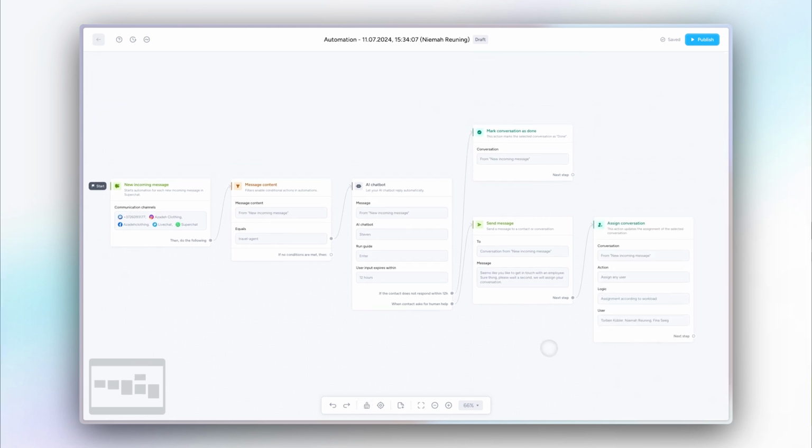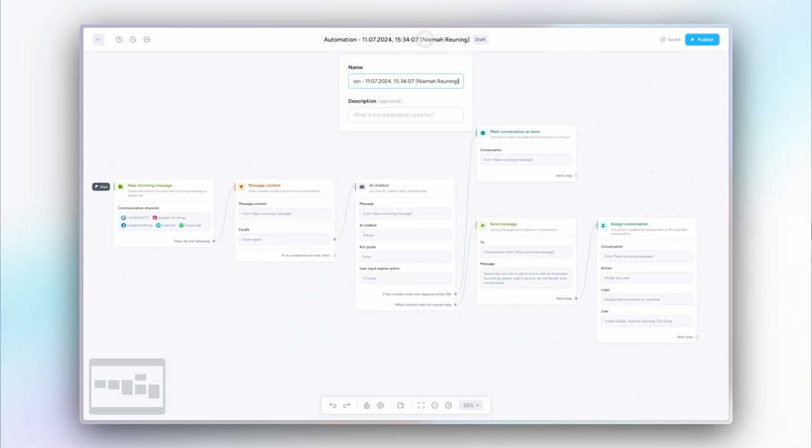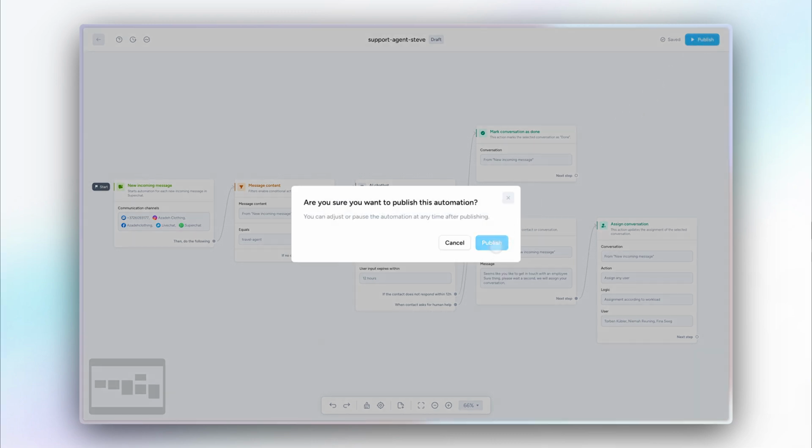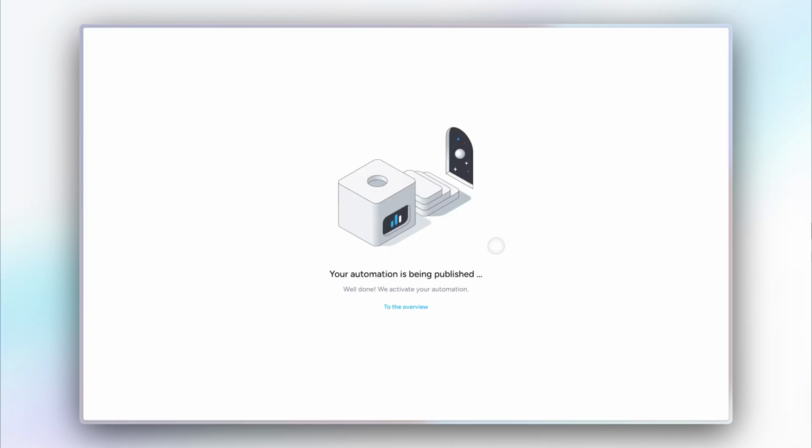Perfect. Now let's give the automation a name, so it's easier to identify, and then we can publish it. Let's check out how it looks on WhatsApp.